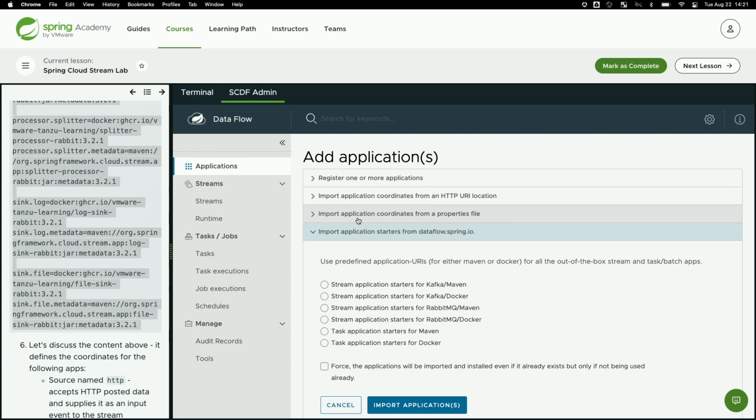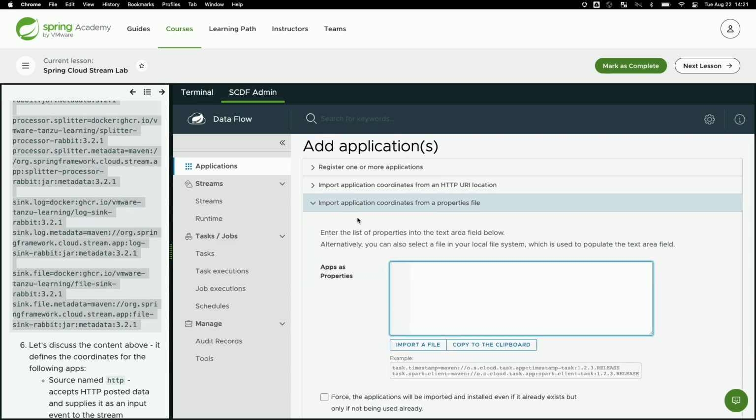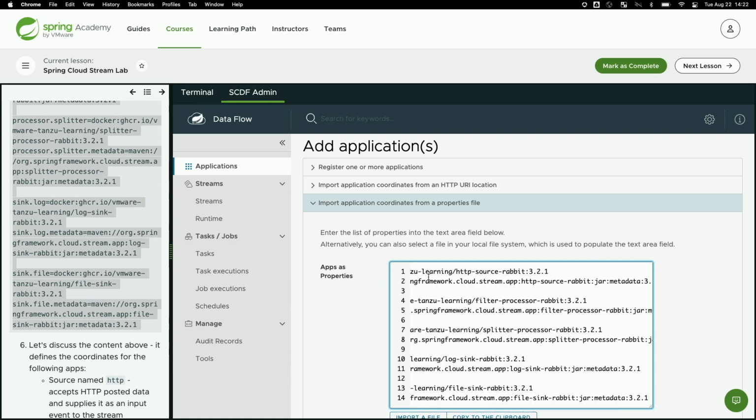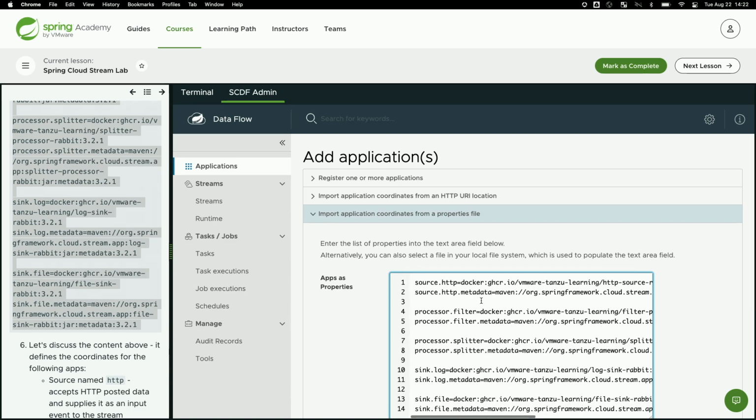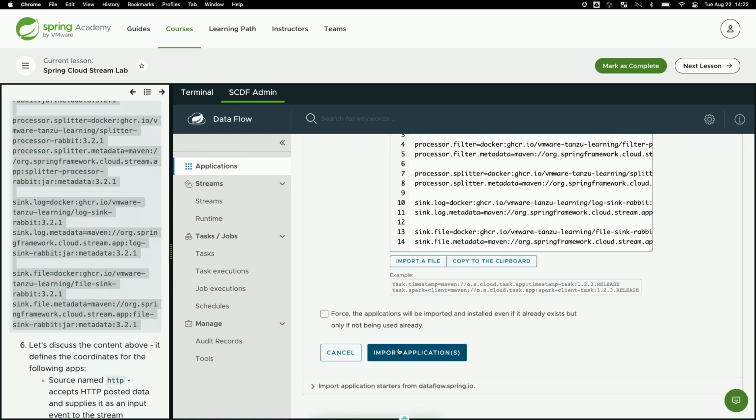Cool. And so if you go add applications, and y'all can also go along at your own speed. Everything I'm saying is on the left-hand side. We want to choose import applications from a properties file. And when Glenn goes, he's actually going to go through and register it piece by piece. And so if we look at one of these, really what it says is, okay, there's a source. It's called HTTP, and here's where you get its Docker container from. And here's where you get its metadata from. And so when we click import,